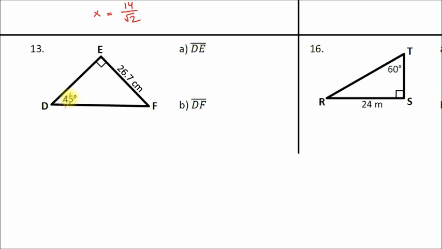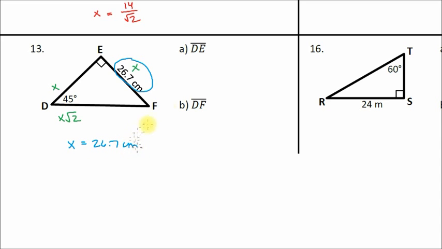Same procedure. It's a 45-45-90 triangle. The hypotenuse is on this side now, across from the right angle. So that's going to be x times the square root of 2. And this leg is x, and this leg is x. I see they have given me the length of one of the legs. So that means we can set that as an equation. X equals